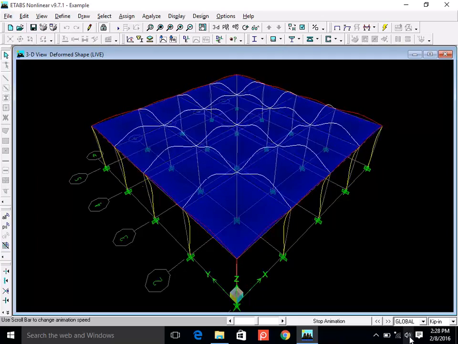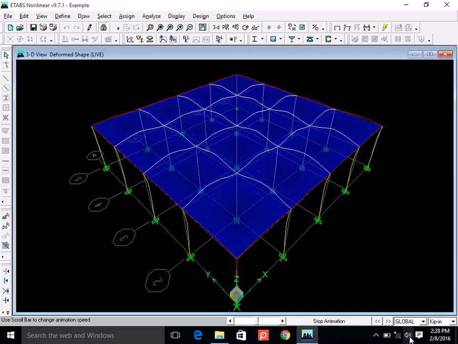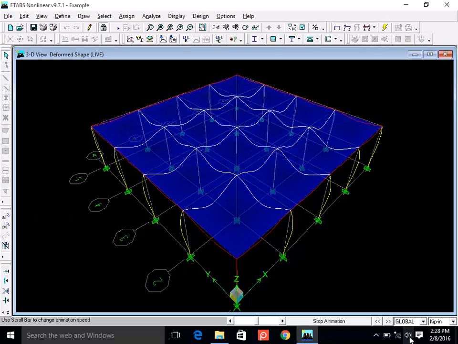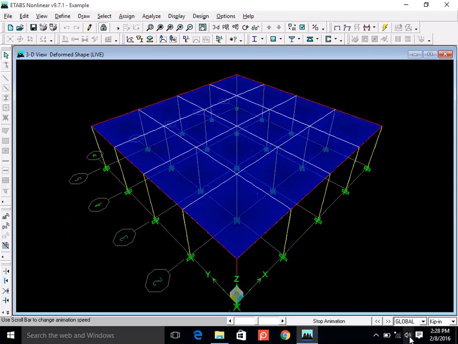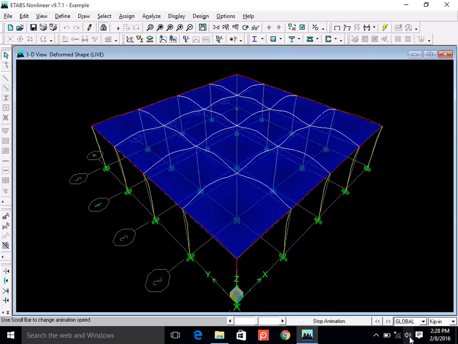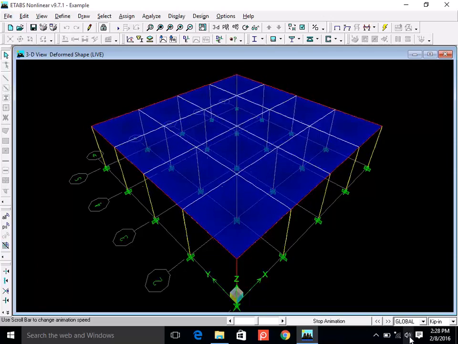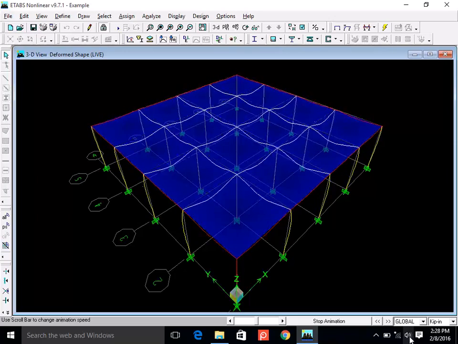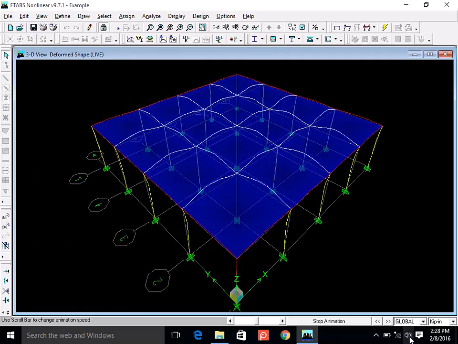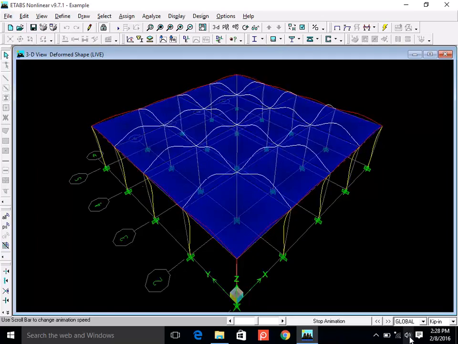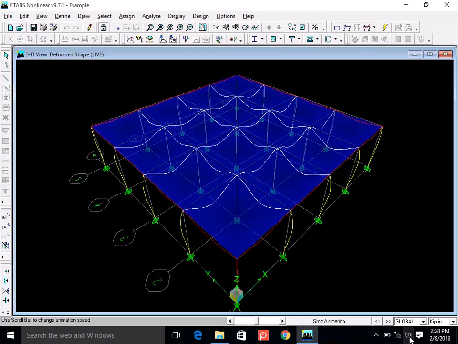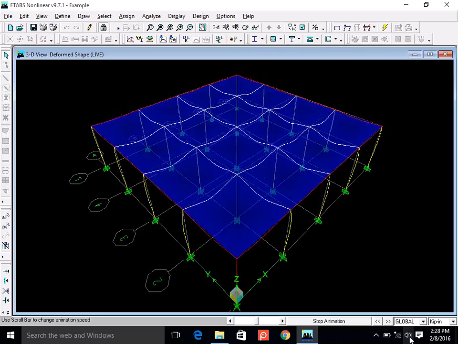In reality, you see that the slab is continuously connected with the beam, right? But in this case, the beam is only connected at the edges to the columns. So what is happening is that slabs are not transferring the loads to the beams, but slabs are transferring the load to the columns because slabs are connected only to the columns. So, in this case,